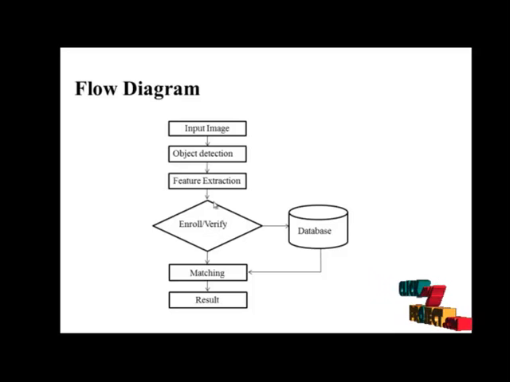In this part, the feature extraction values are taken and compared with the database. So with the database and the current image values, the matching part is performed. The matching part is nothing but the classifier performance. Here, the classifier we have used is SVM, that is support vector machine classifier. The classifier classifies the image and provides the results. That means it provides the classified image, like a bicycle or bike or anything else, whichever image is selected.